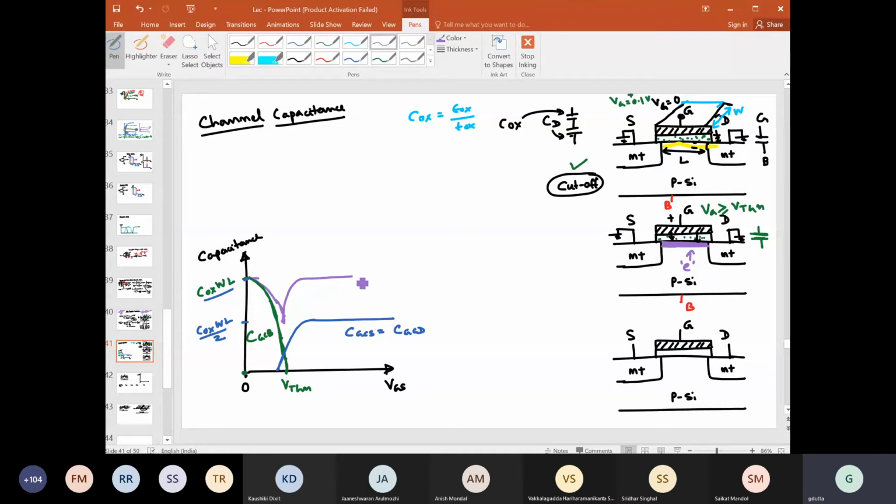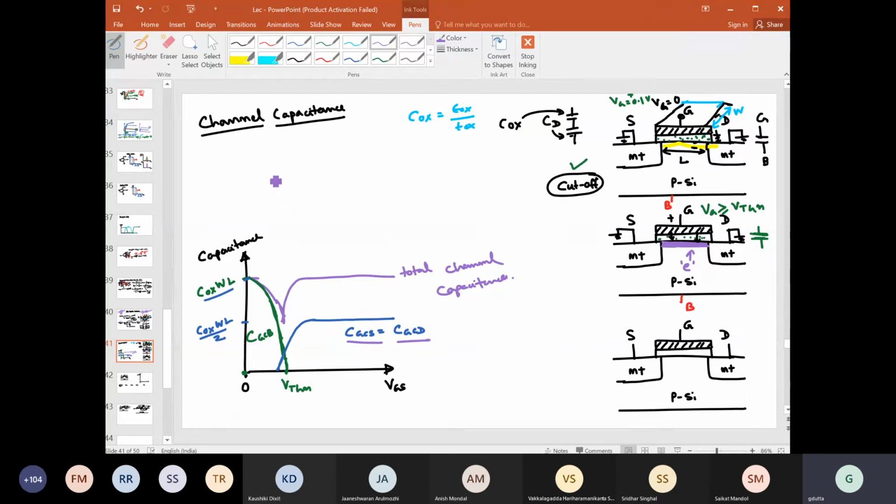it will be like this, right? This is the total channel capacitance. Understood? So the total channel capacitance, more or less, will be constant at Cox W by L. Only near the threshold voltage, it will give a slight dip, right? And you should also understand how this total channel capacitance is divided between the gate source side and drain side, which is actually an equal condition between these two.